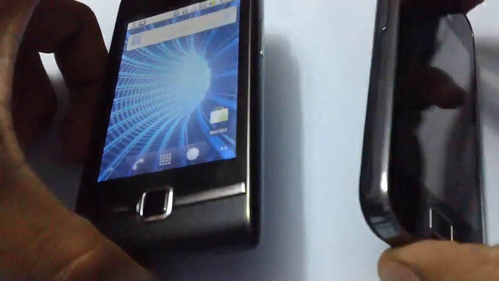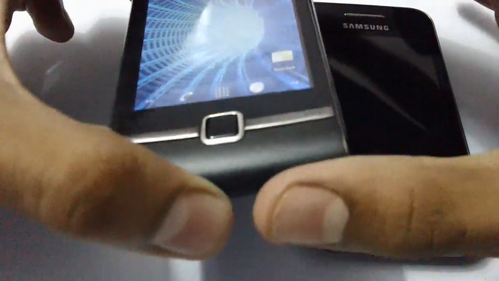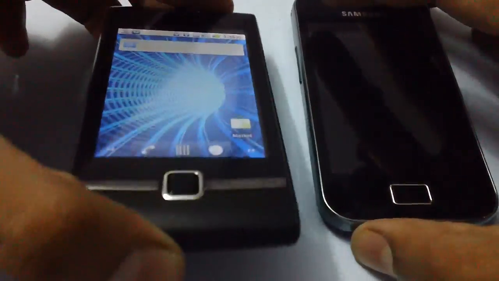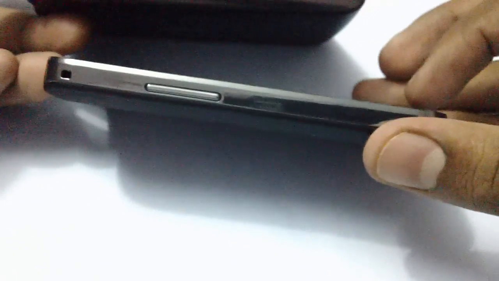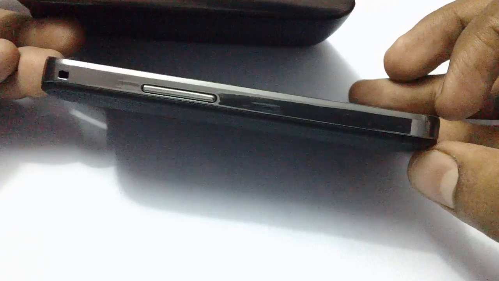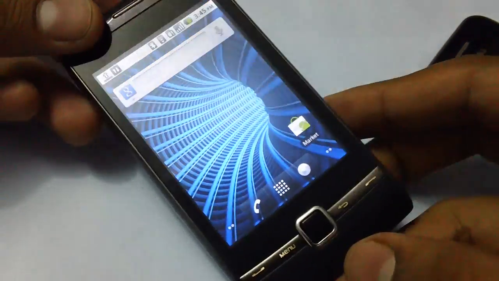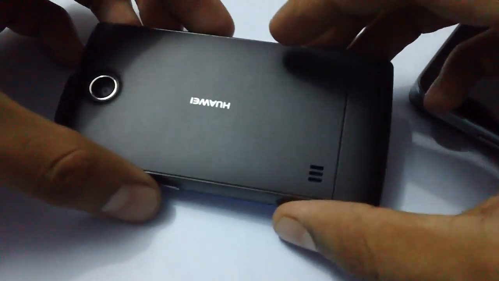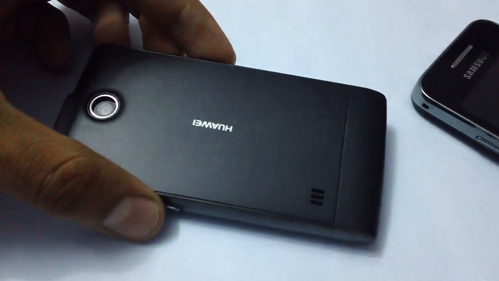Look from the side and the bottom. We like the design of the X2 as it has a good curvy design from the front and the top and bottom. You can look at this when compared to the Galaxy Ace. The Galaxy Ace was what we call the copy of the iPhone 4. The iPhone 4 has the same box shaped design, but the X2 has a pretty good design with very few keys on the outer design, so it makes the phone look better, professional and good looking,